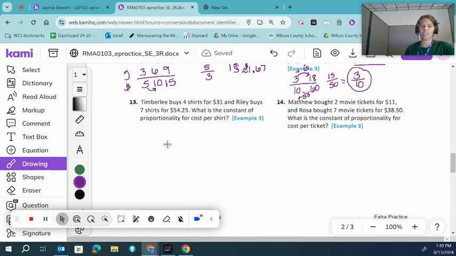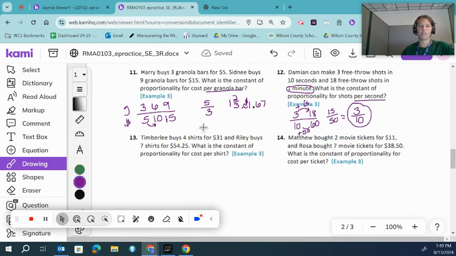Okay. Another way to think of constant of proportionality, again, is cost per one. So you can see each of these are asking per shirt, per second, per granola bar. Okay, so again, unit rate. So Timberly buys 4 shirts for $31 and Riley buys 7 shirts for $54.25. What is the constant of proportionality per shirt? Because this is asking cost per shirt, we can go ahead and put cost on top,